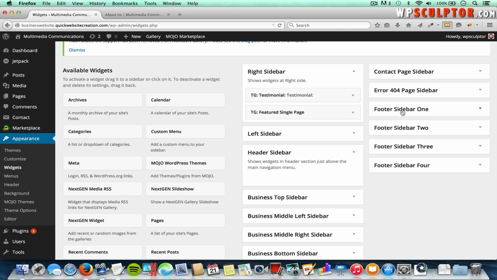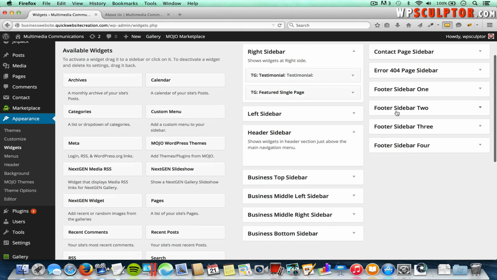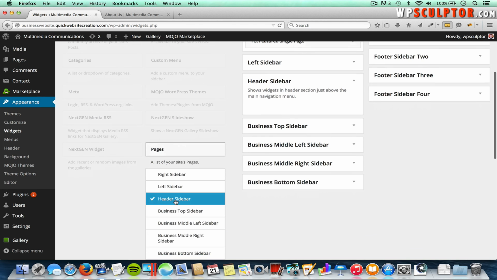And because we have 4 footer widget areas, each one will take up 1/4 of the width that's available in the entire footer. So you'll see that in just a moment. But let's go ahead and add a pages widget to my footer sidebar 1. And this is just a standard widget that comes with WordPress. I'll click on Pages here to add that, and then I want to click on,